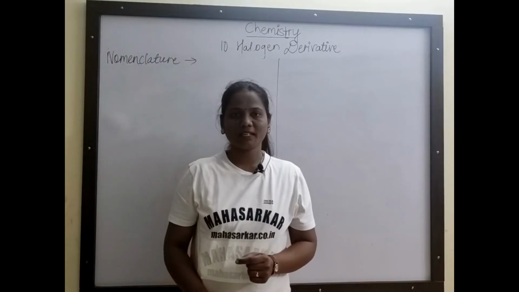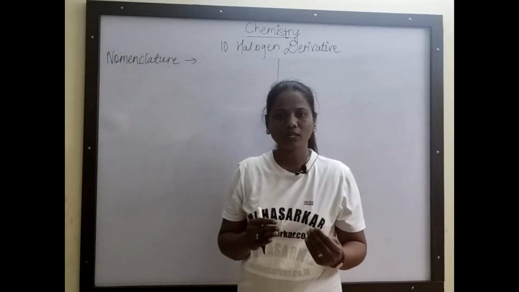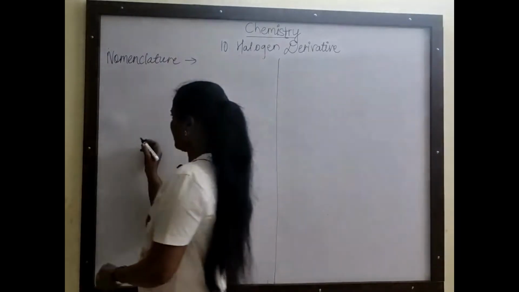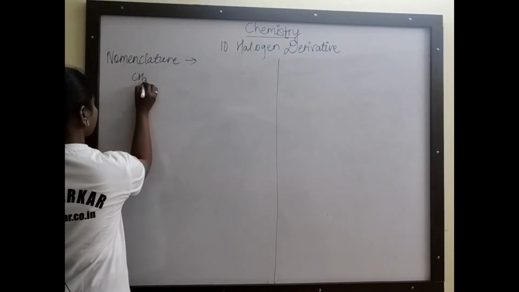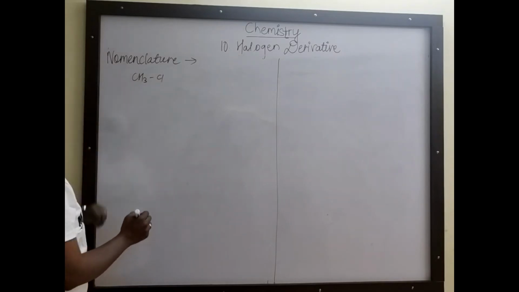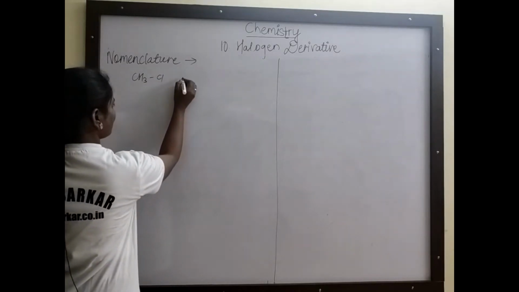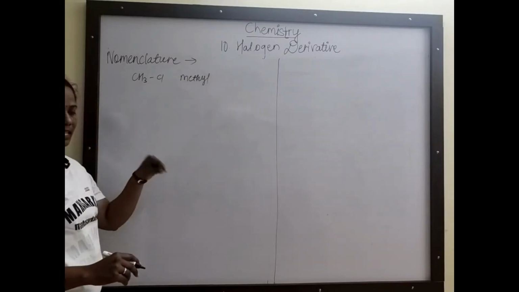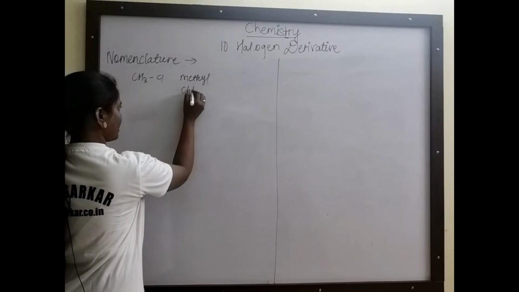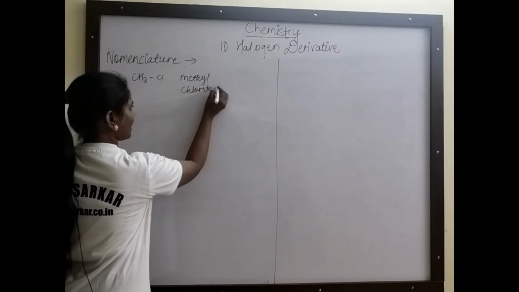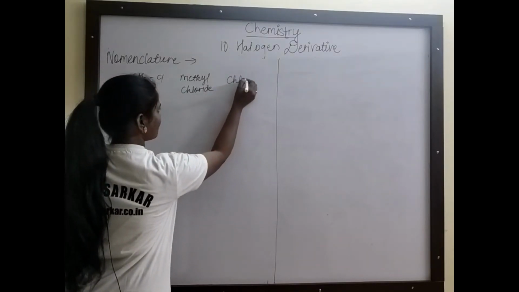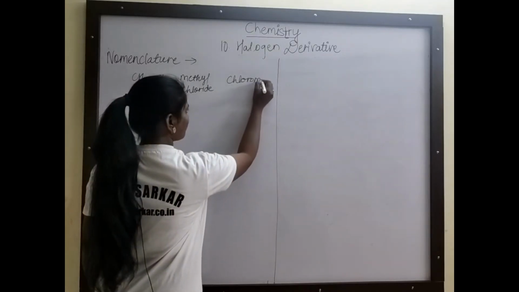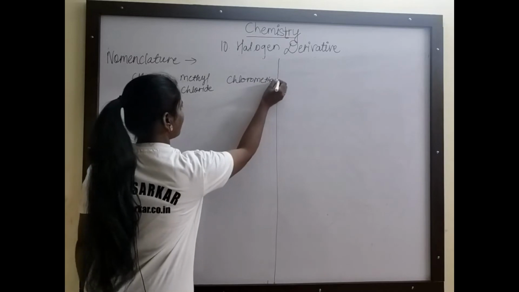So let us see some examples of nomenclature according to the IUPAC name and common name. We'll give the names to the compounds. Okay. So the first one, CH3Cl. Now I have attached here chlorine, a halogen. So what will be the common name of this one? Methyl, and we have to write it as alkyl halide. So methyl chloride is the common name. Second one, the IUPAC name of this one: the prefix used to show the halogen atom is chloro, and the root word for one carbon atom is methane.